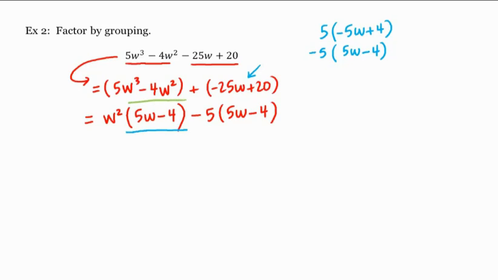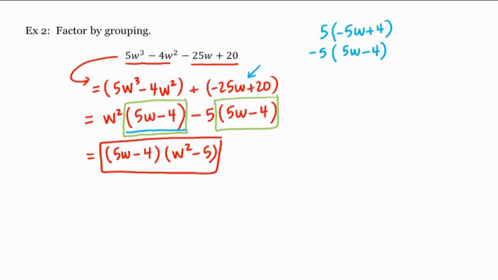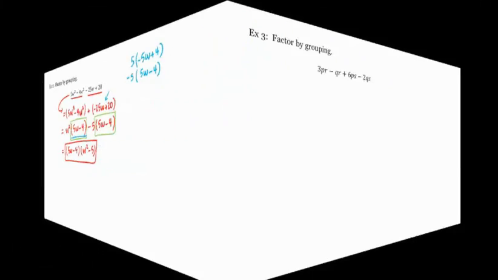And now we can factor this binomial out of each of these groupings, which gives us 5w minus 4 times w squared minus 5, which would be our answer. All right, let's see one more example. Again, let's factor this by grouping. And we'll begin in the same way. We'll group together the first two terms and then the last two terms,